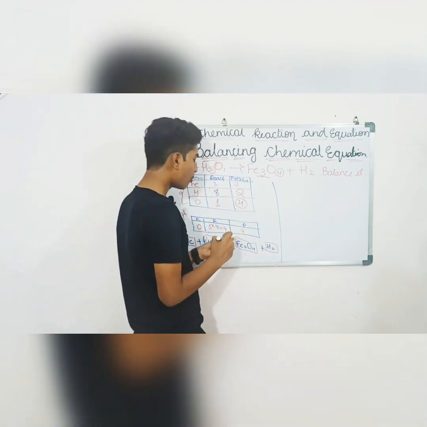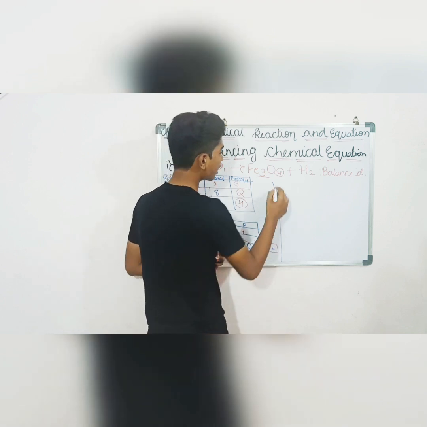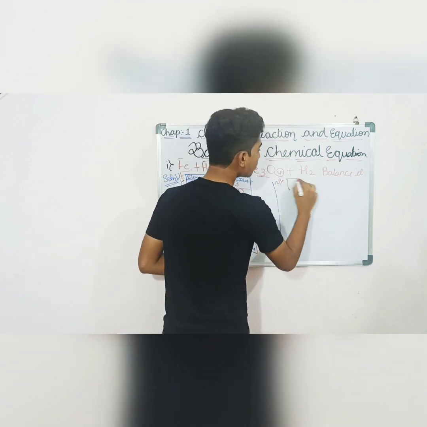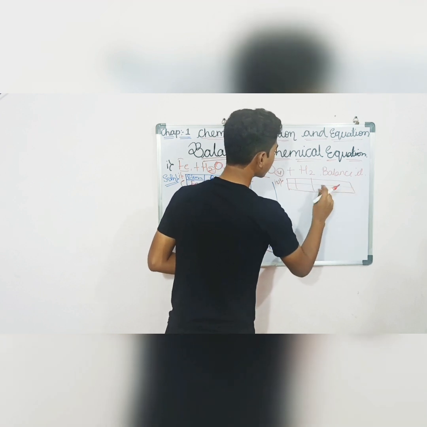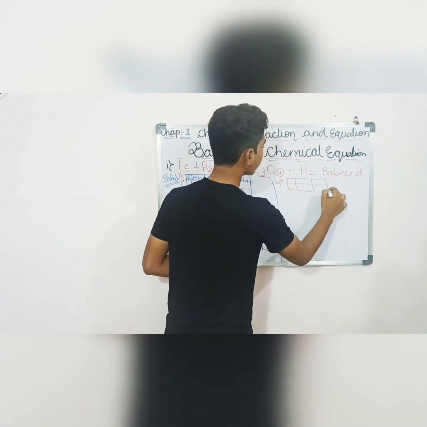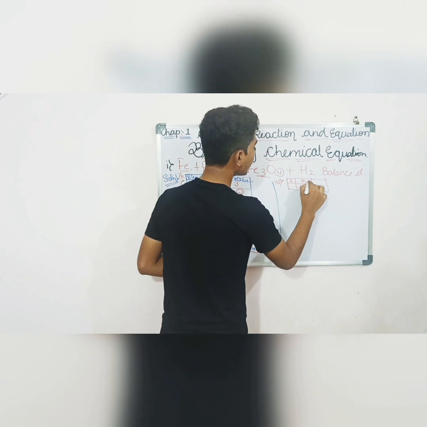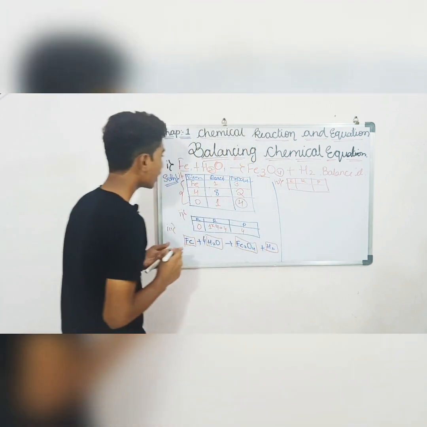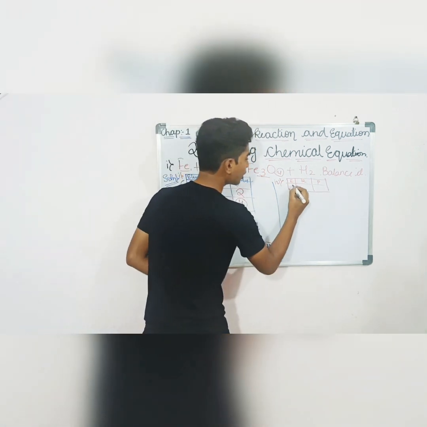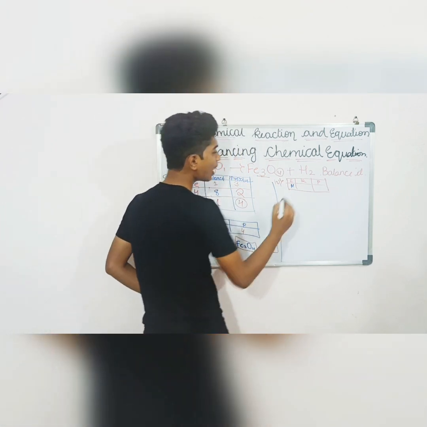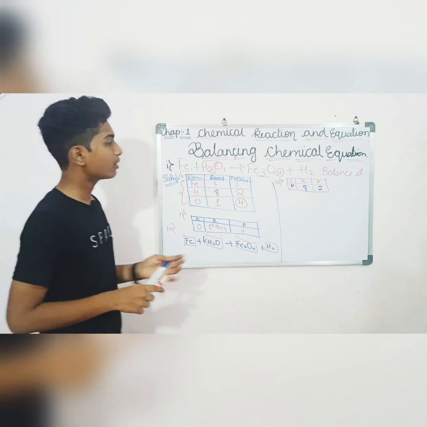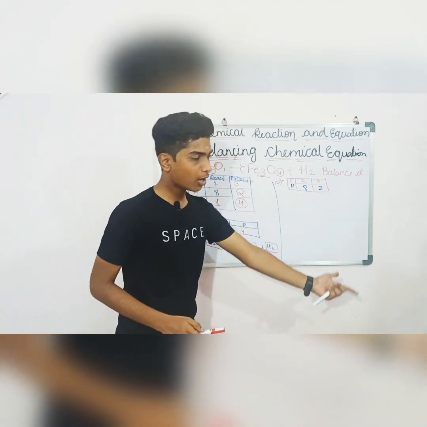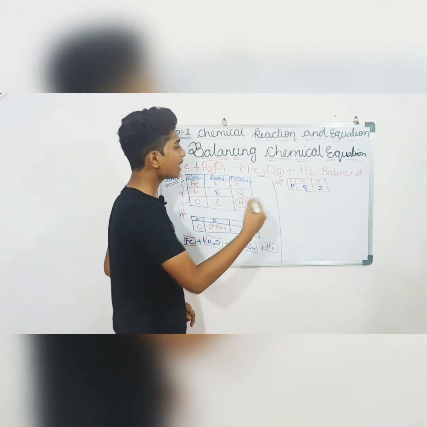So again draw the boxes. Now we will move to the fourth step. Again draw the boxes. Okay. Elements, reactants, products. Element is hydrogen. Reactant atoms are 8. Product side is 2. Now how will we balance it? Yes. 2 4s are, obviously it will be 8. So it will become 8 at product side.